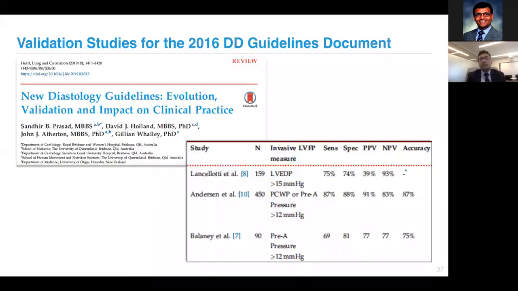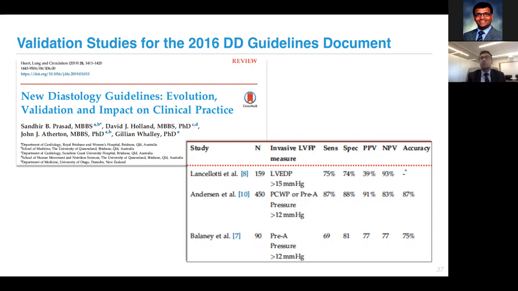So the criteria described by the 2016 guidelines has been validated in several trials, and there has been effort that shows that these variables can be measured, and there is robust sensitivity and specificity. In fact, the specificity is higher,